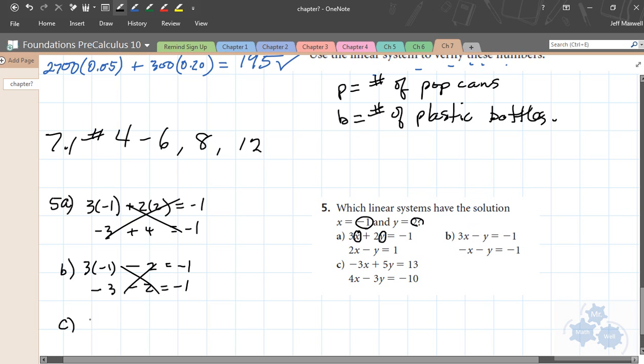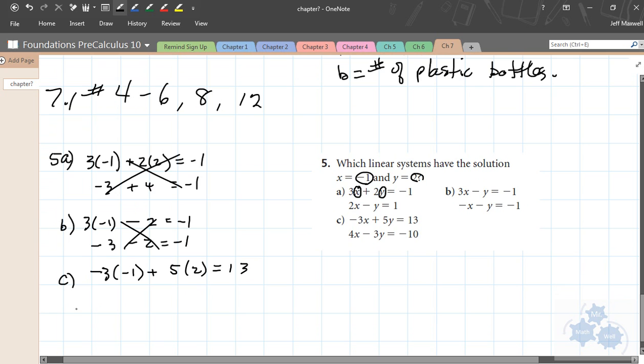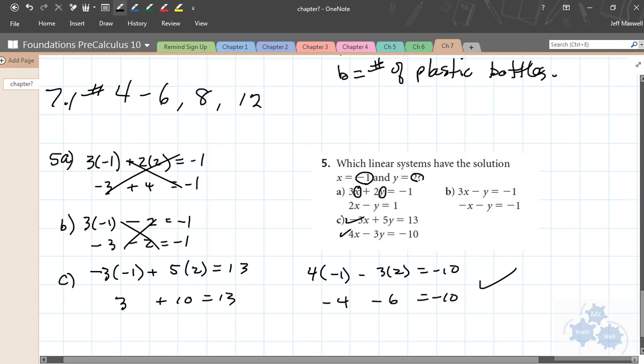So go to C. -3 times -1 plus 5 times 2. Does that equal 13? That's 3 plus 10. Oh, that equals 13, so that's good. Let's check the other one. Yes, it works for that one too. So C, that's a solution for the system in C, but not in